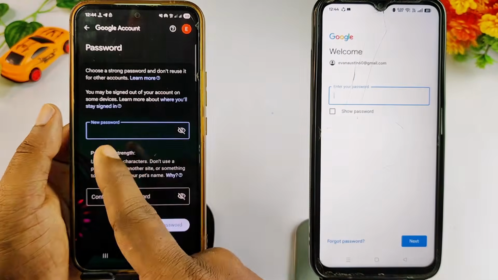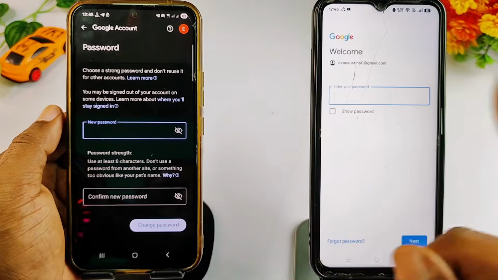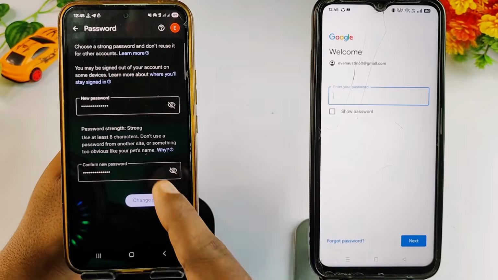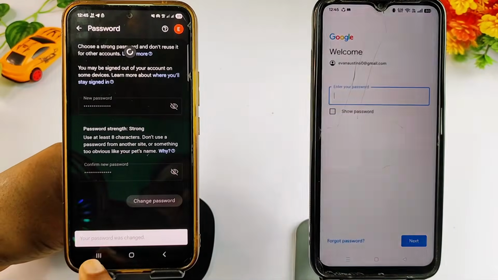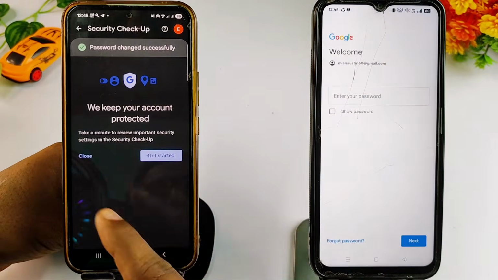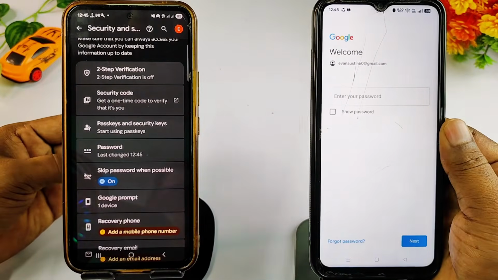So first of all you will need to change your password. Okay, so let me change mine because I don't know this password. So after giving here a password, let me click here, change password, and you can see your password was changed. So I need to use that password in there also. Okay, so let me use that password,